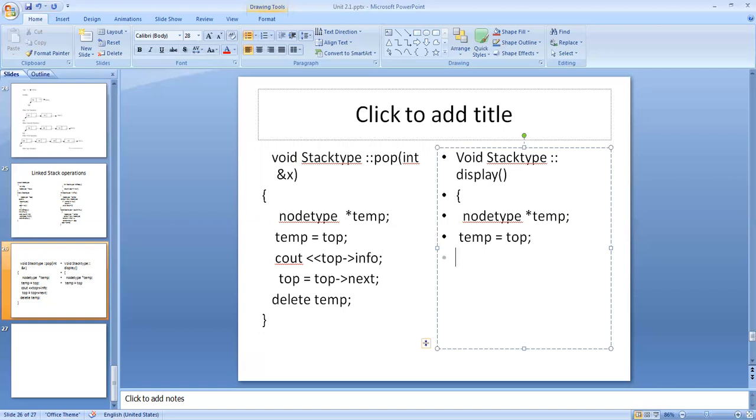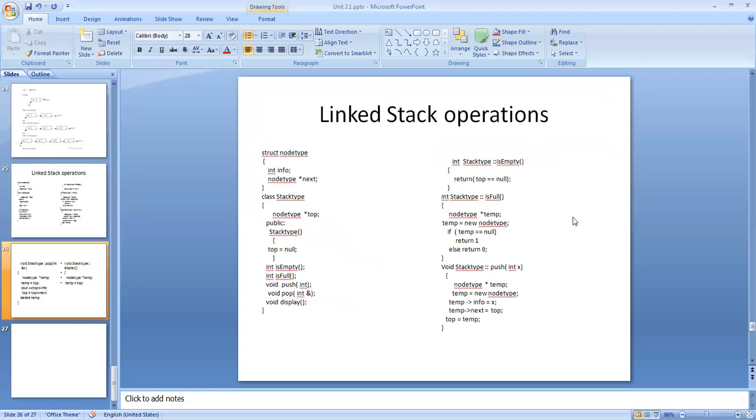Now both the pointers will point the same node. Then I traverse this temp, the pointer variable temp, from the topmost element of the stack to the bottom. Okay, I told you the mechanism.